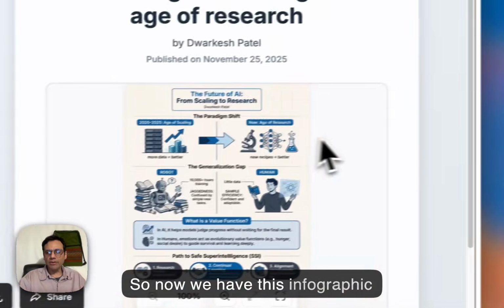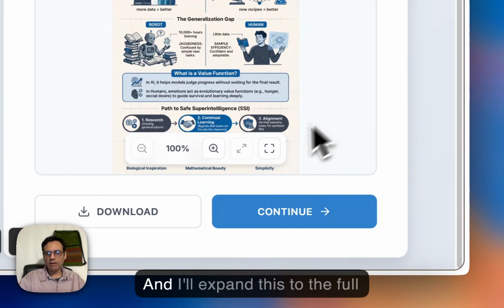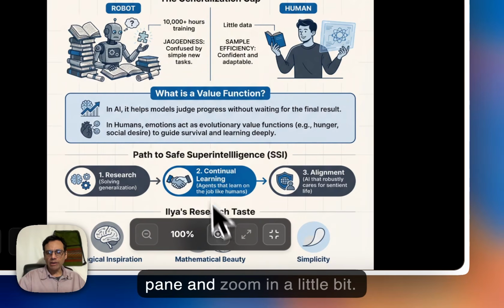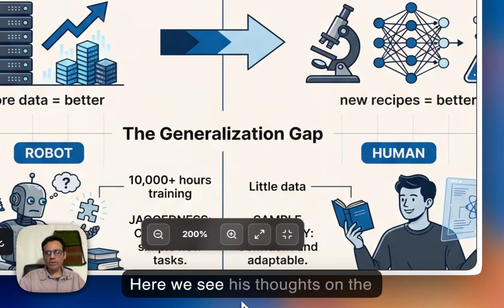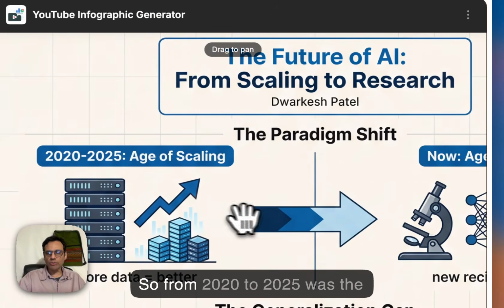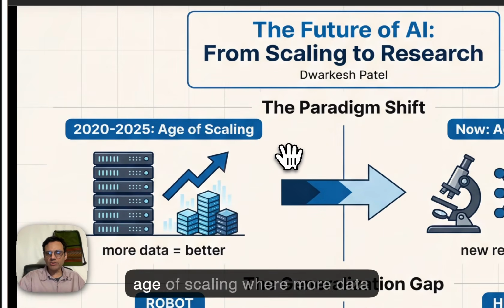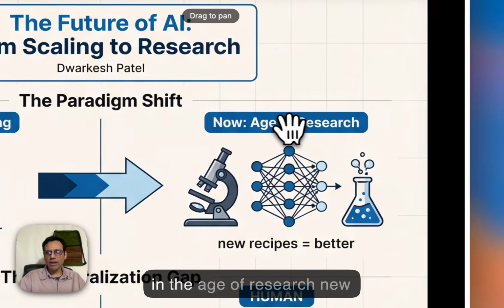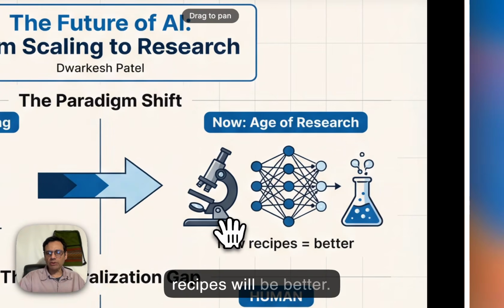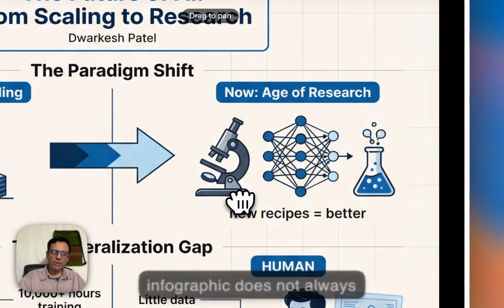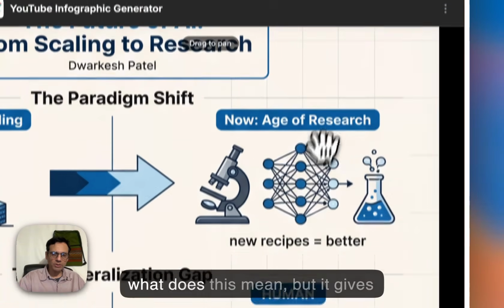So now we have this infographic ready, and I'll expand this to the full pane and zoom in a little bit. Here we see his thoughts on the future of AI from scaling to research. So from 2020 to 2025 was the age of scaling, where more data was better. But now in the future, in the age of research, new recipes will be better. So you could tell how the infographic does not always convey properly necessarily what this means, but it gives